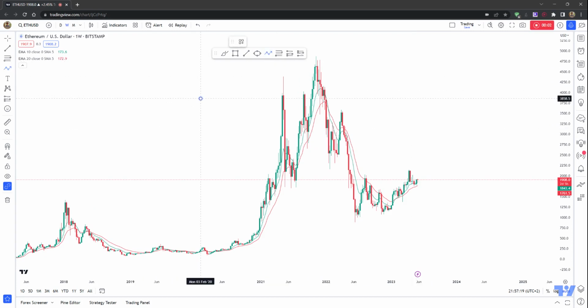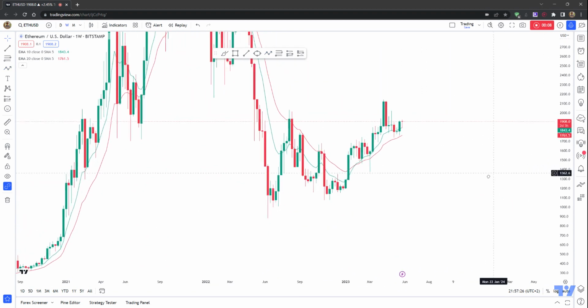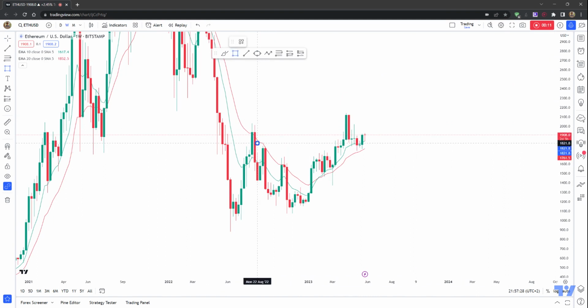My name is Philip and today I will analyze Ethereum from a multi-time frame perspective. Starting out here on the weekly time frame, what you can see is that as we are speaking, Ethereum is currently retesting and already starting to reject the quite massive previous weekly resistance zone, which is now turned support, where